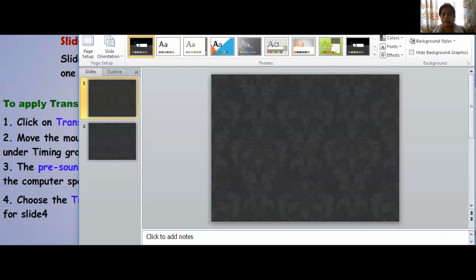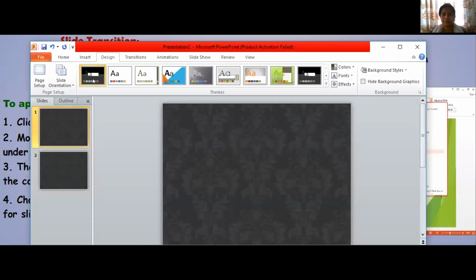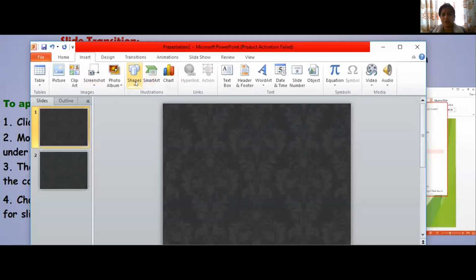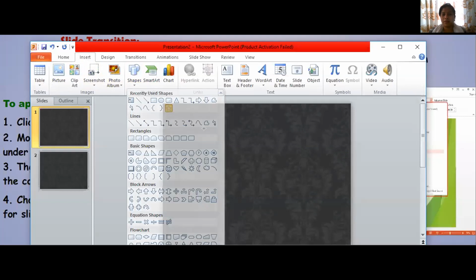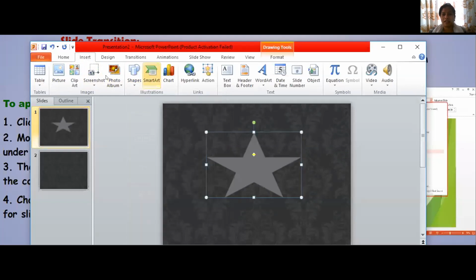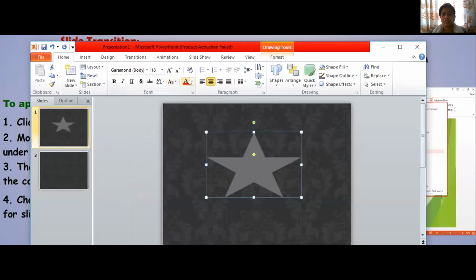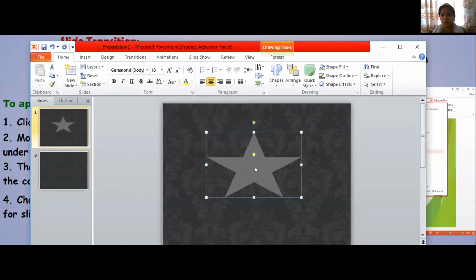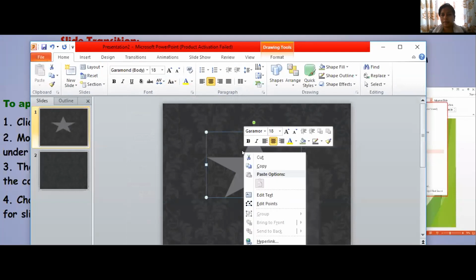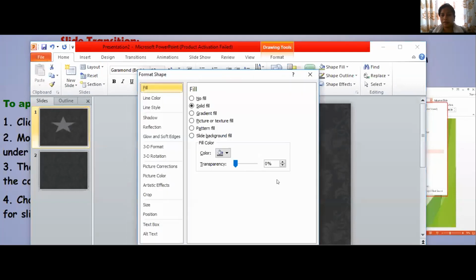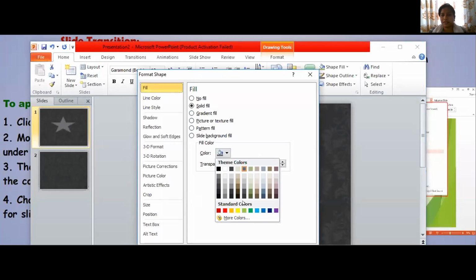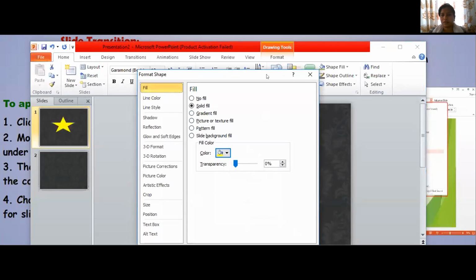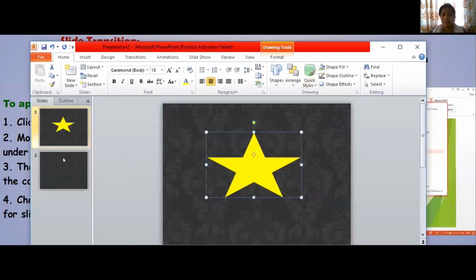This is our PowerPoint presentation. Let me insert some images over here. I'll insert a star and let the star color be yellow. Let me fill it with some yellow color. See, my star has become yellow.